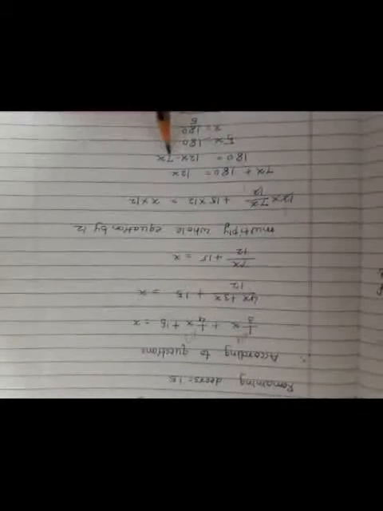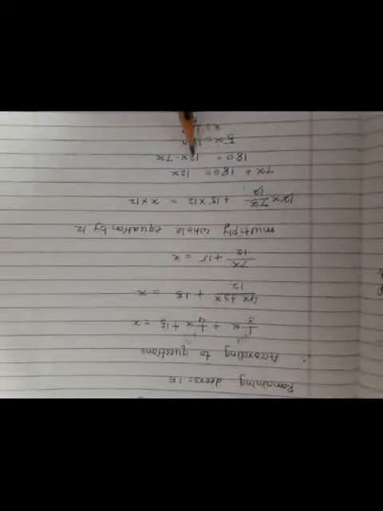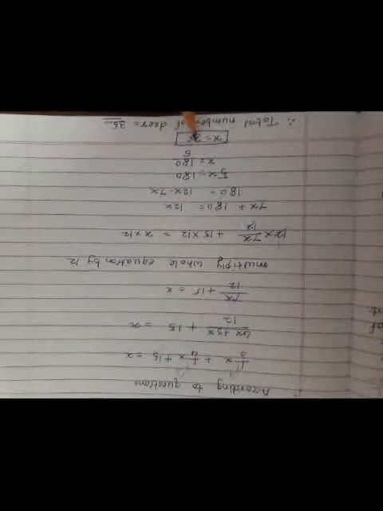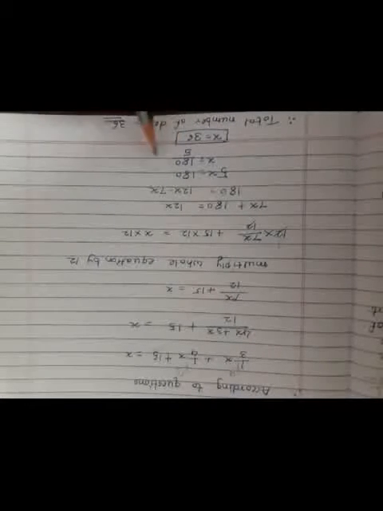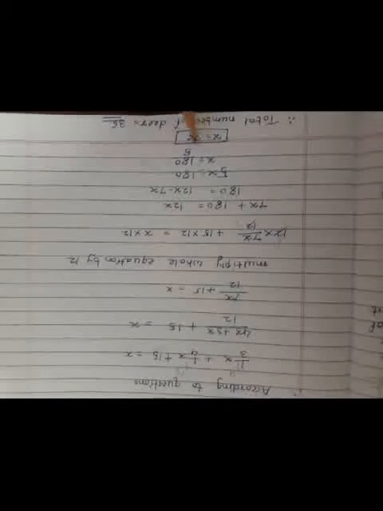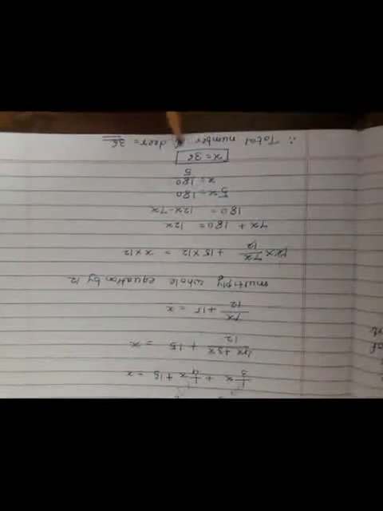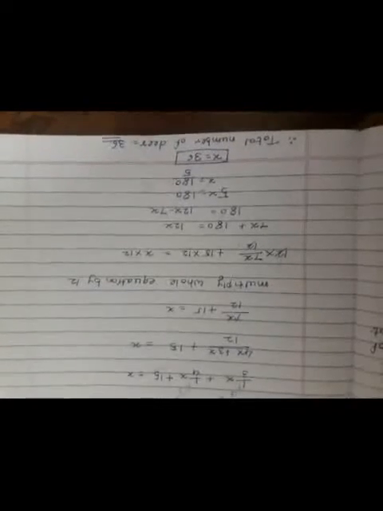So take this 7x to the right hand side, so 12x minus 7x, so 12x minus 7x is 5x, and 180. x is equal to 180 upon 5. So x is equal to, 5 3s are 15, then 3 remaining here, 5 6s are 30. Okay, x is equal to 36. So the total number of deer is equal to what? 36. Understood?